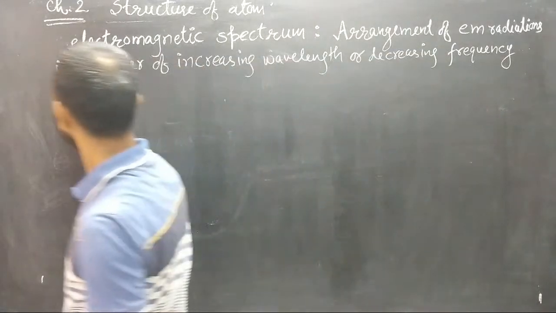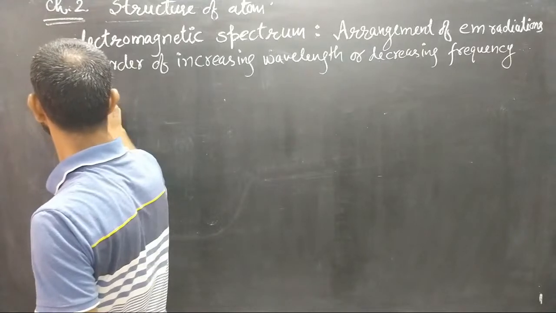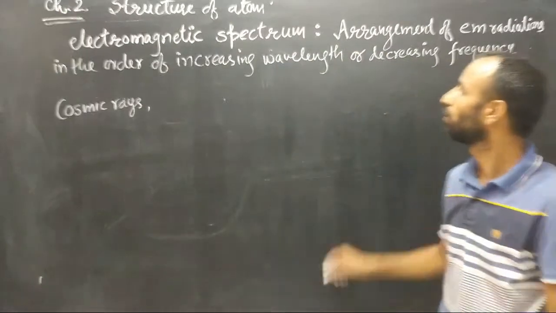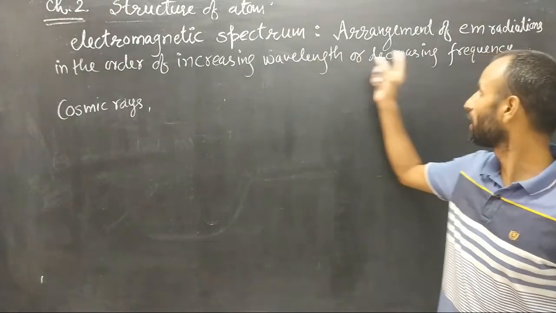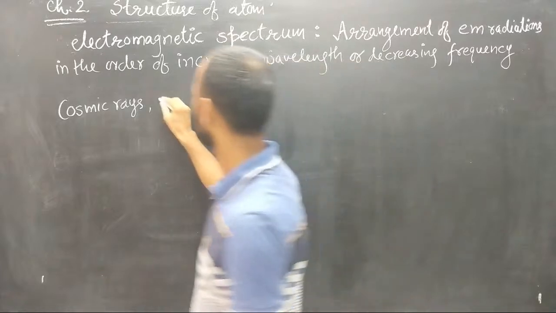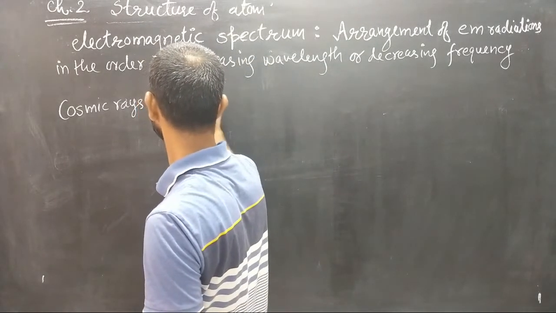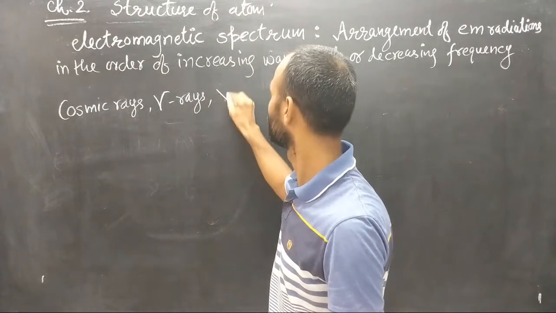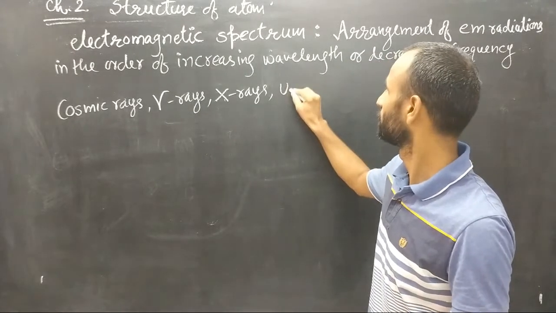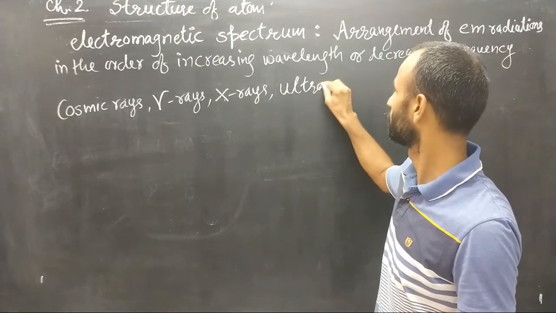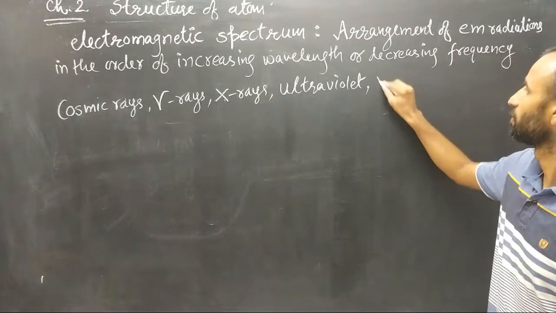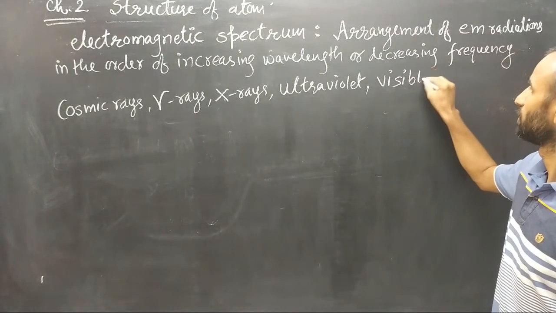For example, cosmic rays. Cosmic rays have the shortest wavelength and greatest frequency. Okay, then gamma rays, then X-rays, then ultraviolet, then visible,